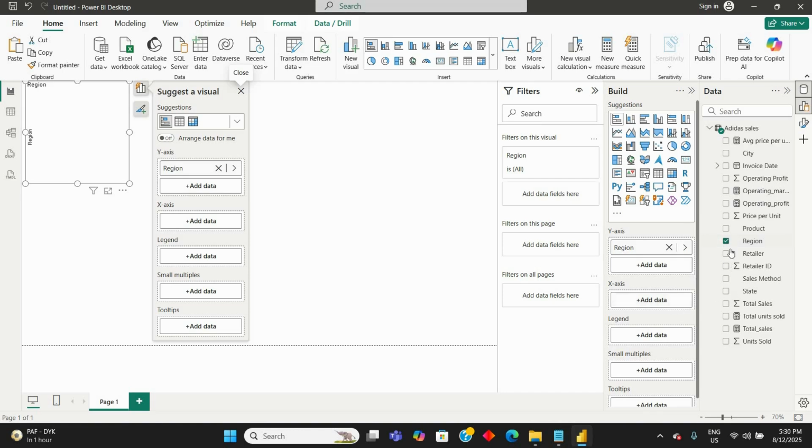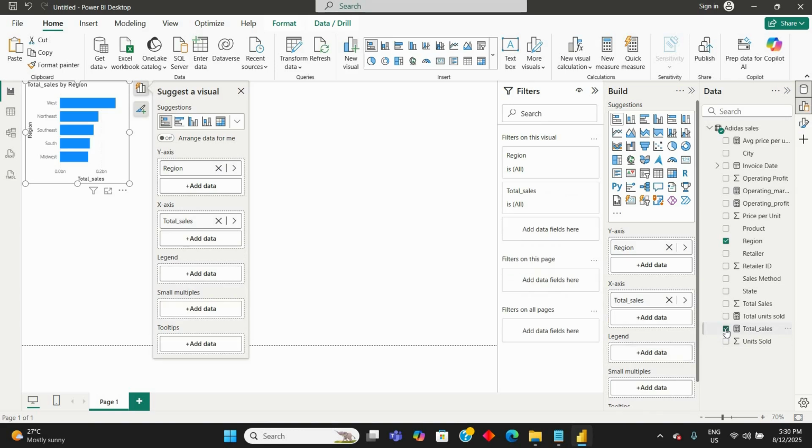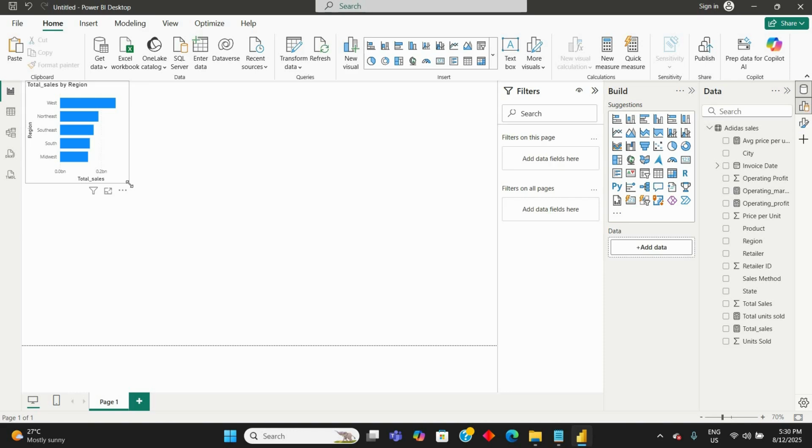As you can see, automatically Power BI is going to assign it to the y-axis, which is for dimension, and we can add the total sales we created, and then you can see the visual we chose. Or we can add, first let's make it quite big,